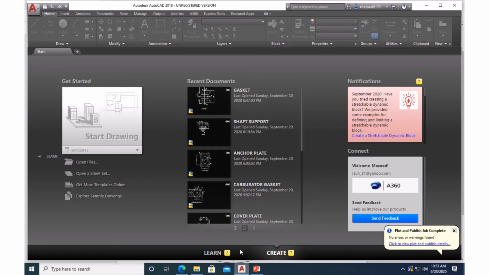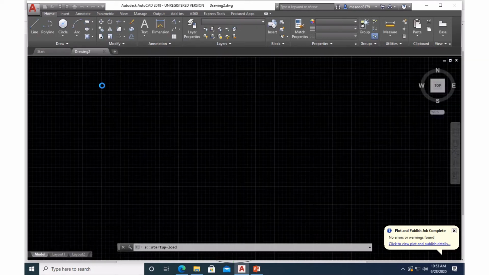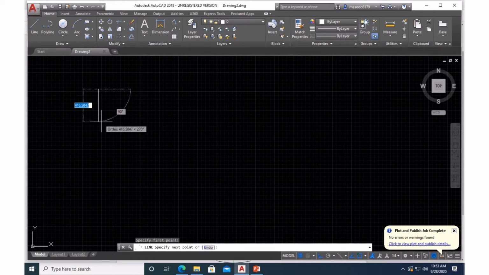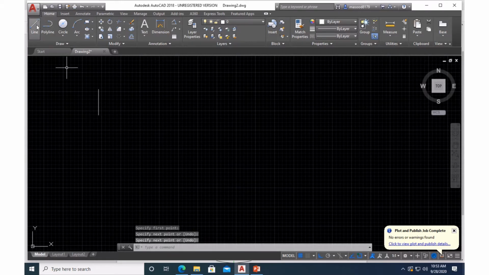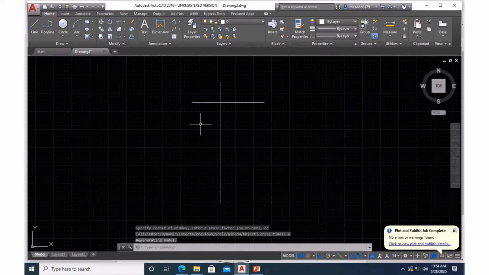Let's go to AutoCAD. Let's open a new file, ACAD ISO. I have opened it. Let me fix this ortho in the bottom. It should be blue color. Go and select, draw a line. It is showing me in the pop-up window 416, and it is really very big. I need around 200, only this much. I will put it here. Then I will draw one more line somewhere here. Enter. Now I will use Z, enter, E, enter, zoom extent, so that it is fitting the screen.